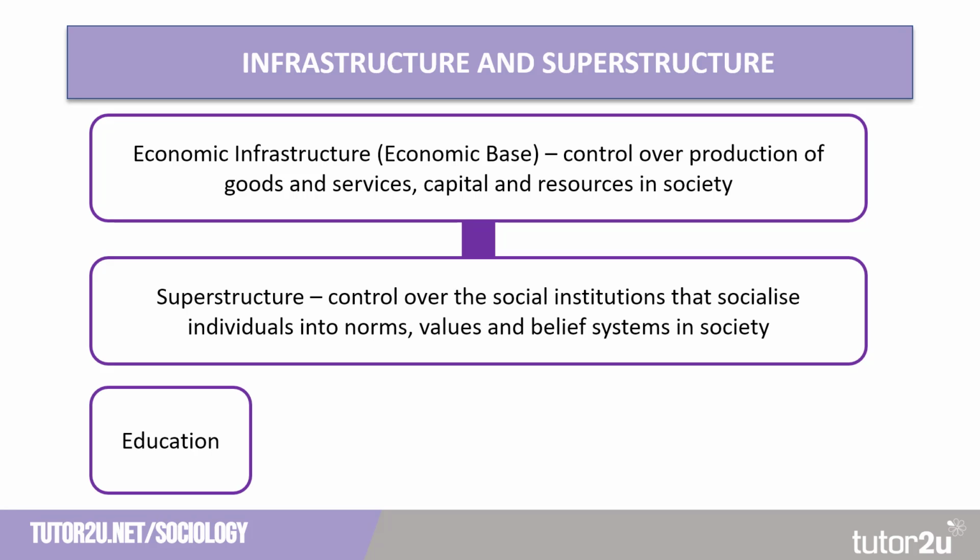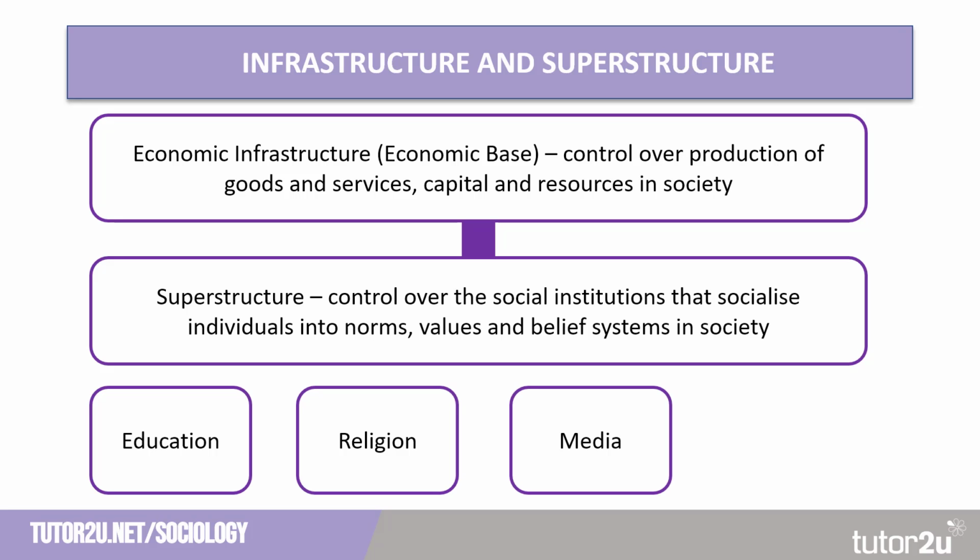This includes education, where ruling class norms and values are passed on to pupils so they can fulfil their economic roles in the future. Religion, where individuals are taught not to question capitalism and social inequalities as they will receive rewards in the next life. Media, that transmits ideologies of entrepreneurialism and individualism. And government, that looks to control the law in favour of the capitalist classes. Whilst there are issues with defining who are the bourgeoisie and who are the proletariat, the control of power in society is more clear according to Marx.